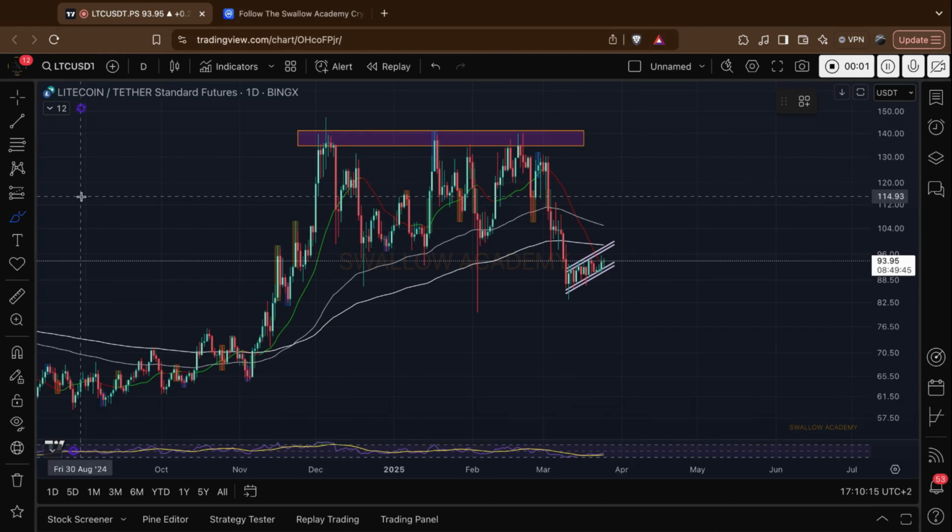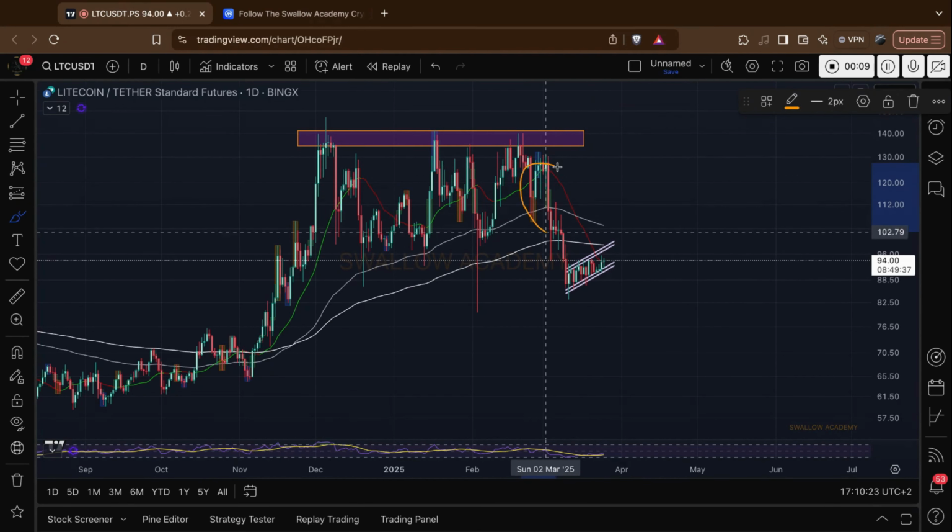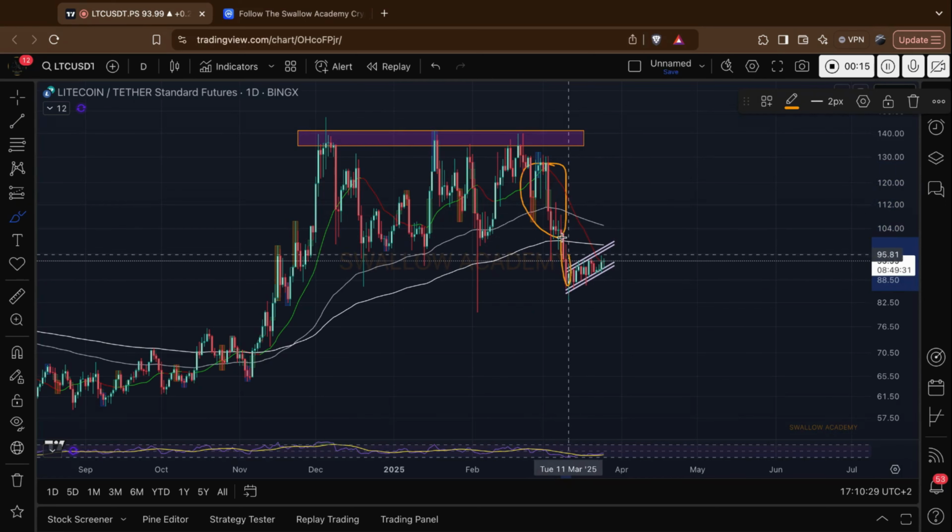Welcome back everyone, we are back with another technical analysis, and in today's video we are going to talk about LTC coin. Now, after catching this movement here, since having the fall, price has broken nicely through the 200 EMA,